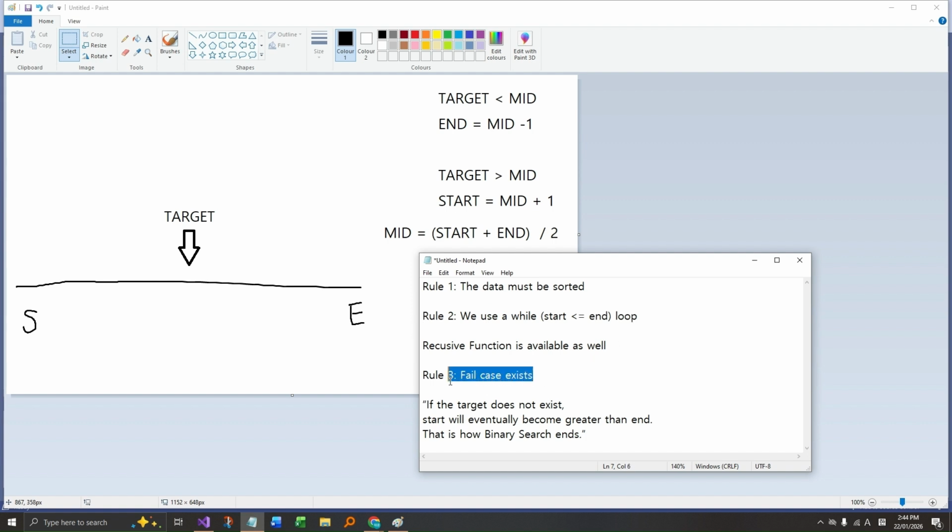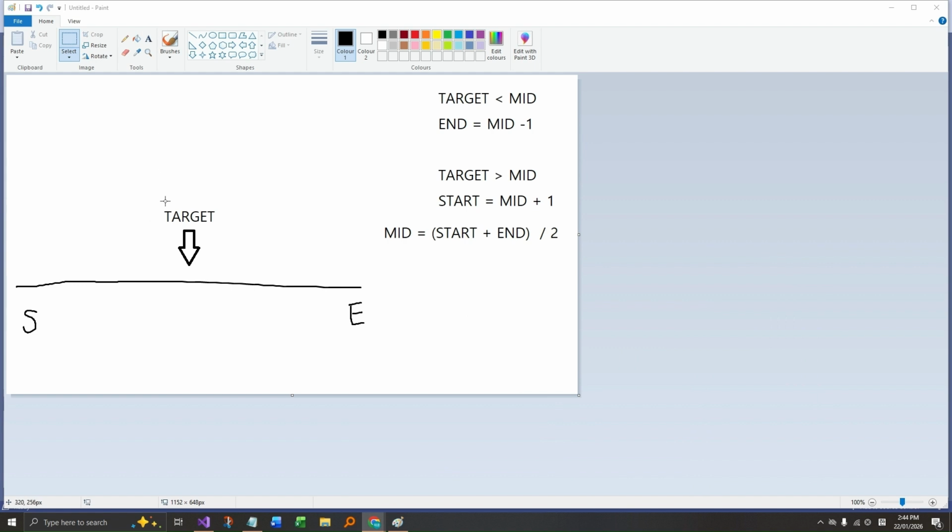the fail case exists. If the target does not exist, the start value over here will eventually become greater than the end value over here because of this formula, start equals median value plus 1. And that is how binary search ends. The fail case exists. So if you take a look at this picture over here,